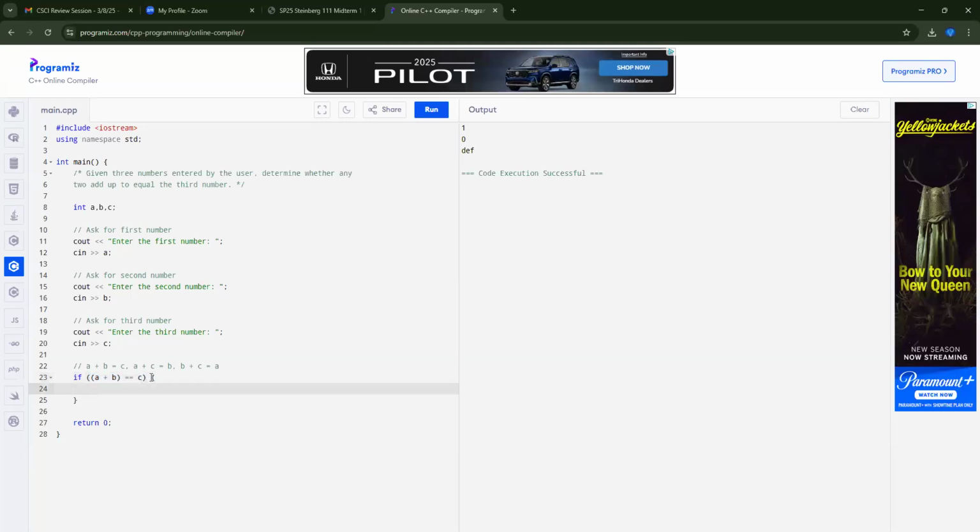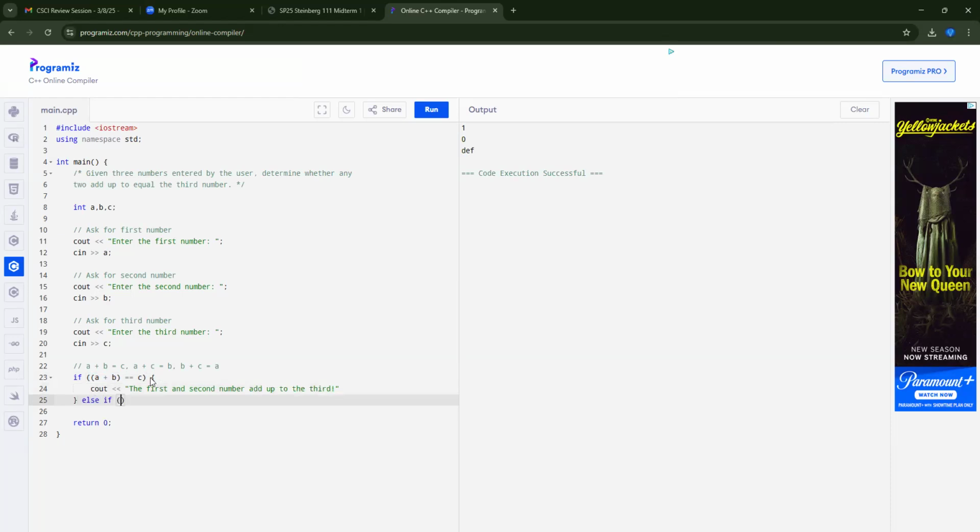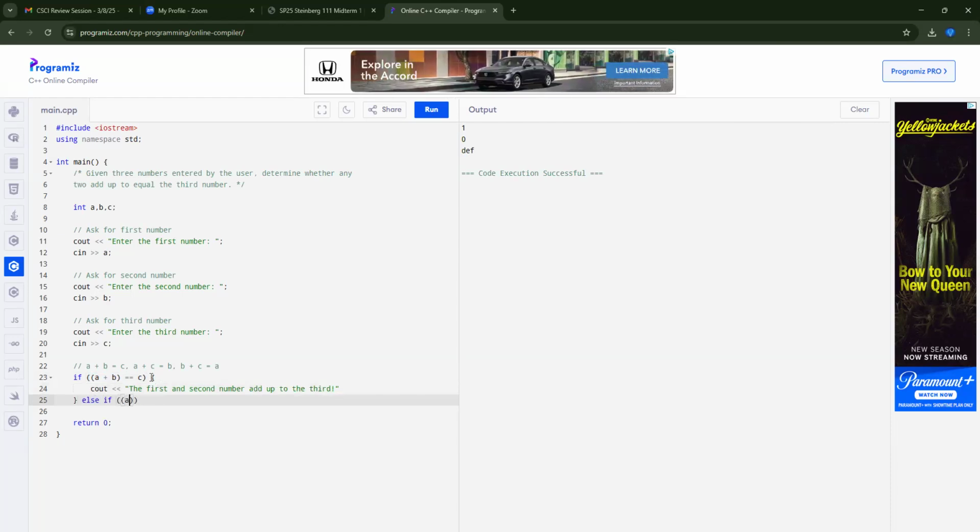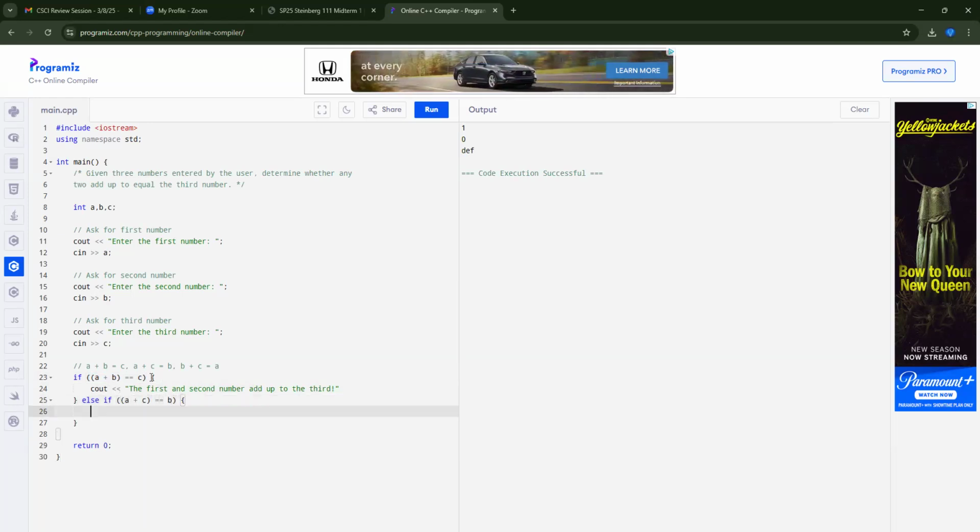So if A plus B equals C, we'll just say cout the first and second number add up to the third, right? Else if A plus C equals B, you can cout